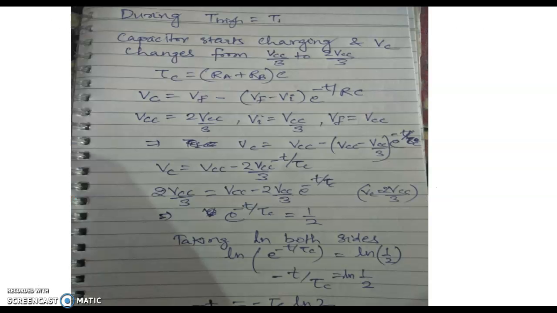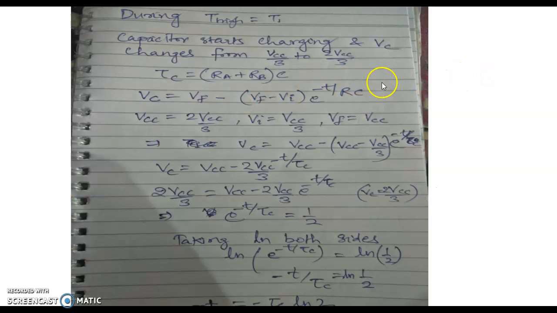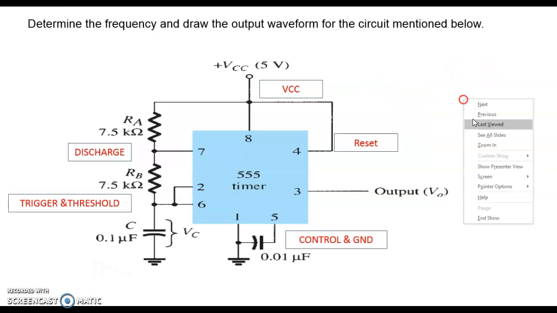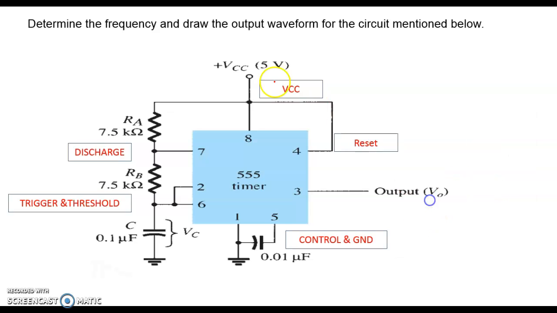Let's start with the monostable multivibrator. First of all, when the input signal is applied and goes high, let's take it as T1, then the capacitor will start charging through RA and RB. The capacitor charges through this RA and RB,